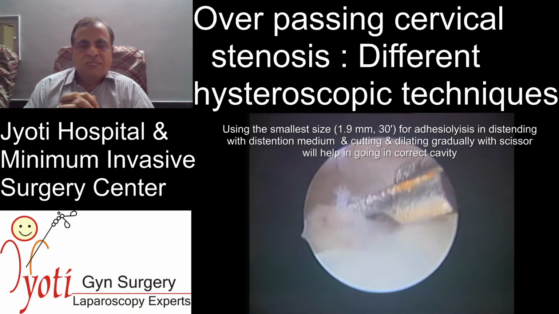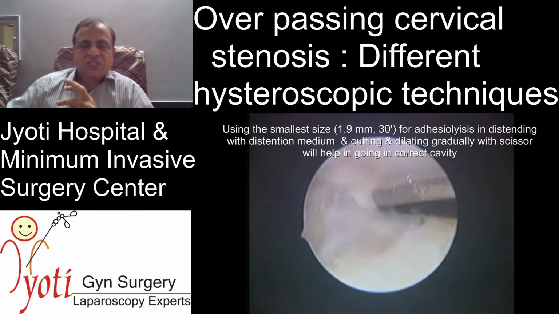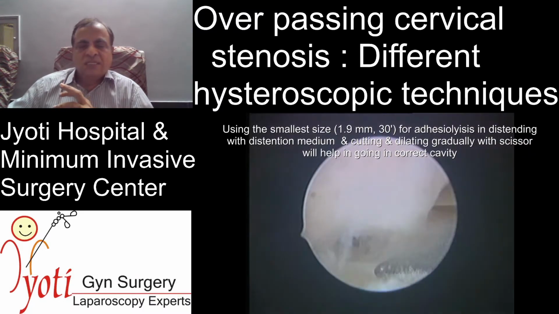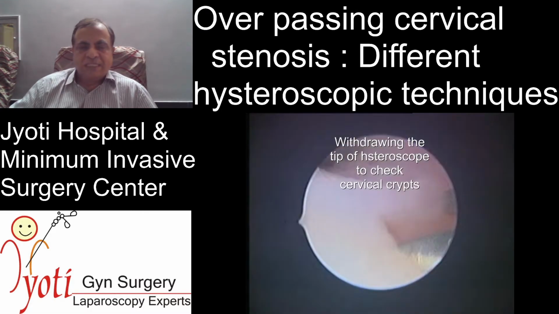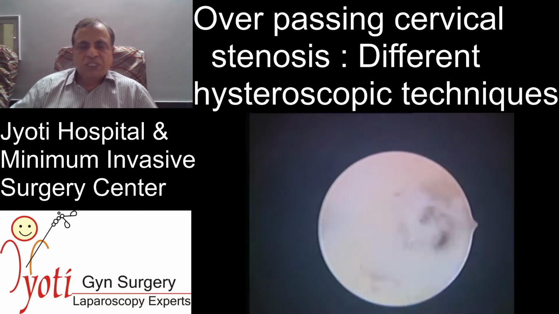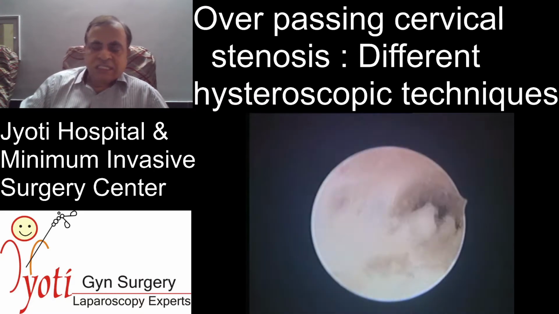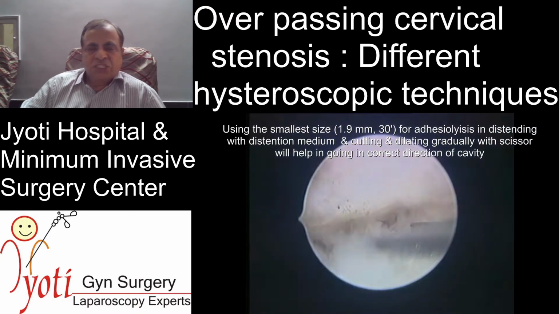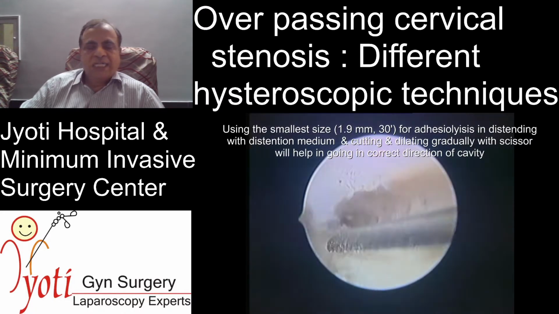So it's very important. Make sure whether it is anteverted or retroverted, and this cable gives you an idea whether you are going anteriorly, and if this mark is here, then you are going posteriorly. So make sure that you are going into the correct place. You should be able to see the further cervical canal lumen, and only then you cut with the scissor, and let the fluid distend and dilate the further adhesions and the cervical canal, which is stenosed because of adhesion. So this is how you can go further in doing an adhesiolysis.